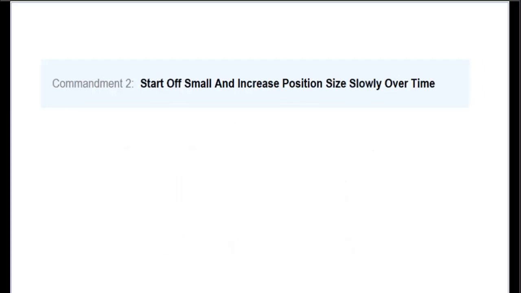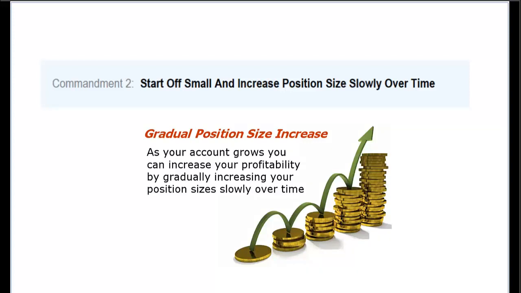Commandment number 2, start off small and increase position size slowly over time. We recommend you start off with the smallest unit possible. Start off with one contract of the micro contracts and start following the system this way and gradually build over time. This will keep your upfront drawdowns to a minimum because, look, any system can do great during great market conditions